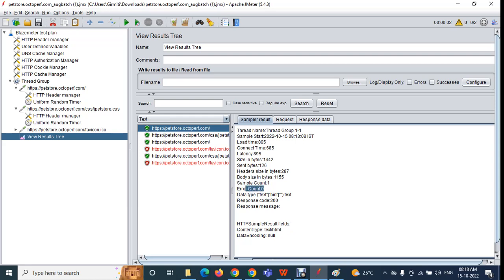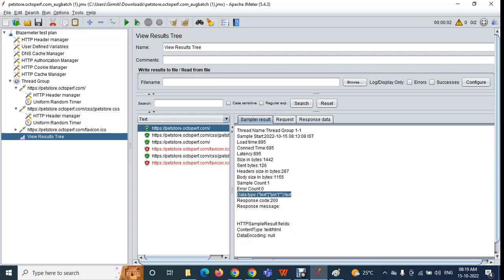You can see red in color. So this is the error. You can see here the error count as 1. So why? Because we are getting the error, that's why it is showing the error count as 1. Okay, in this case the request it is showing in green in color. So what it means, that is passed transaction. Okay, pass అయింది కాబట్టి there is no errors and all. So you can see error count as 0.